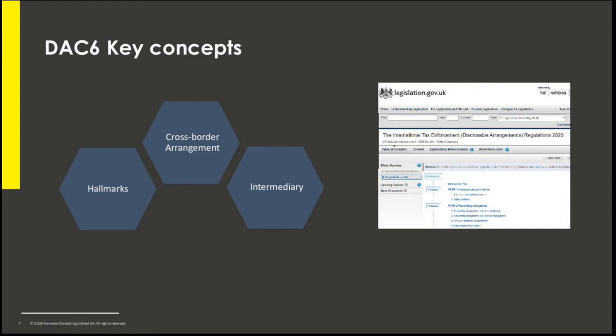As you may be aware, in the UK, we have had such a regime running since 2004, but that regime only applied to domestic arrangements. The directive effectively borrows the mechanisms from the UK Disclosure of Tax Avoidance Schemes regime, DOTAS as it's known. The directive, DAC6,